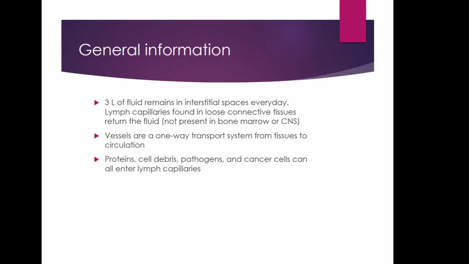So bone marrow, we don't need lymphatics in our bone marrow because we don't need to be taking diseases to our bone marrow. The lymphatic capillaries are very permeable, and we do not want any transported material to there, nor do we need any material that's in bone marrow, namely the cells, leaving the bone marrow and entering the lymphatic system and having blood cells present there. So in the bone marrow, we just have the sinusoid capillaries, which are very permeable, that allow the blood cells that are created in bone marrow to only